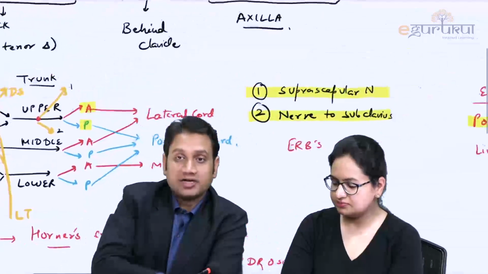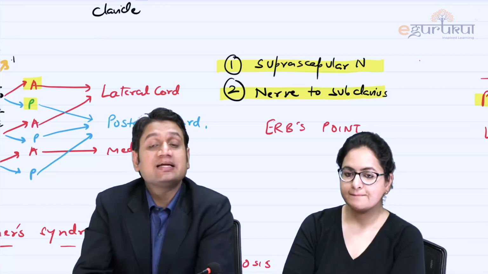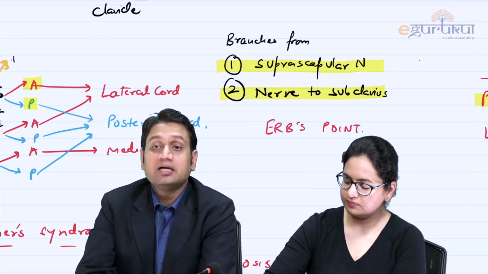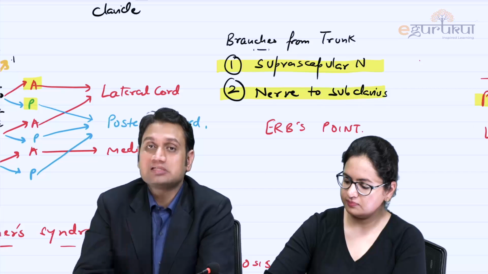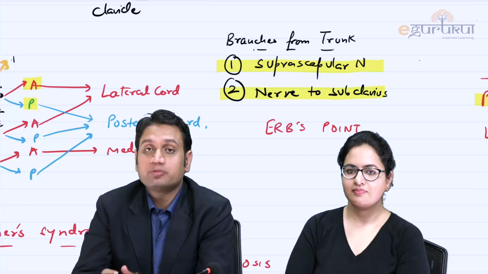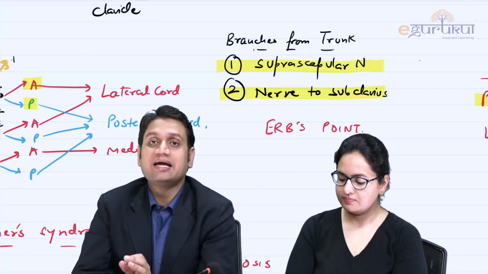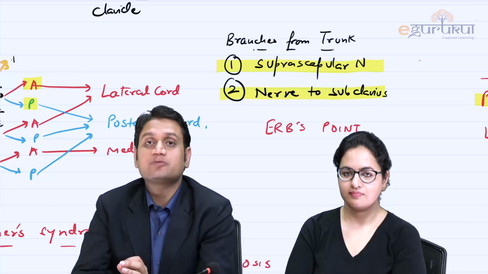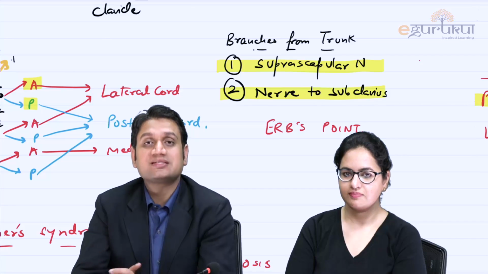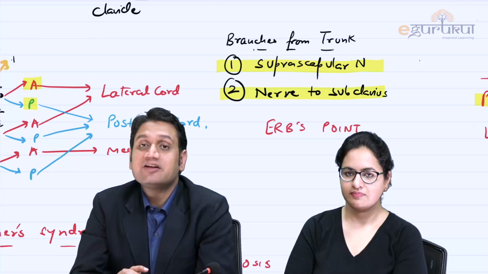Okay, so one thing ma'am has already pointed out, the suprascapular nerve and the nerve to subclavius. Now what is the clinical relevance of the suprascapular nerve, which is coming from where? The upper trunk, branches from the trunk. This suprascapular nerve supplies your two main muscles, supraspinatus and infraspinatus. What do you need to remember from the clinical point of view? Supraspinatus is one of the muscles which makes your rotator cuff, right? SITS: supraspinatus, infraspinatus, teres minor and subscapularis. Supraspinatus is the most common muscle getting injured in rotator cuff injury. Suprascapular nerve supplies both supraspinatus and infraspinatus.